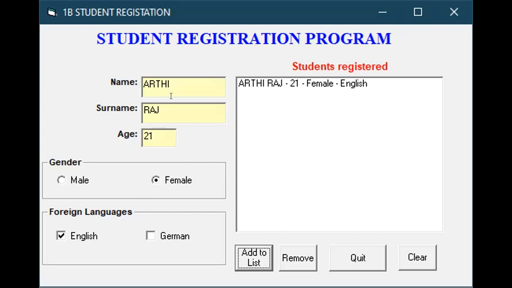Next, I want to add one more option, so I'm giving the next name. Then this time I'm selecting both the languages, and add. Like that, any number of records you want to add, you can add in the list box.